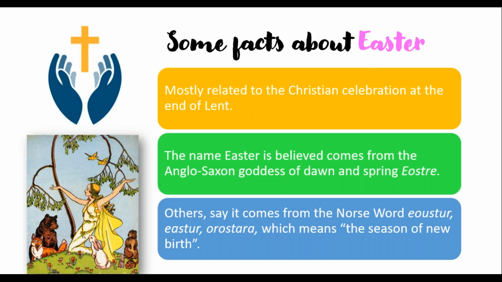And the hare has always been related to fertility, because bunnies have a lot of offspring, so it makes sense. And the Easter hare symbol came to the United States with the German immigrants,